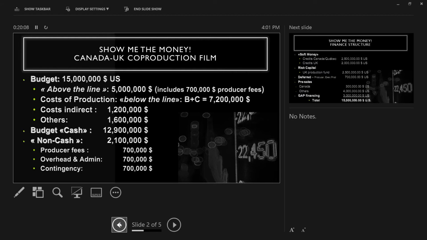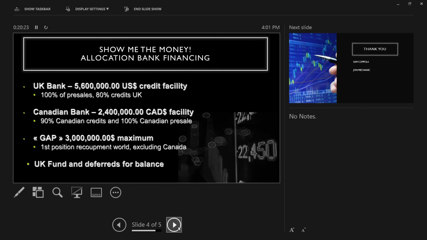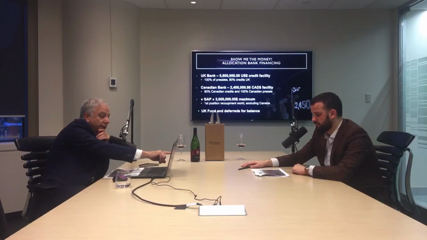If we go back a little bit to remember when we had the breakdown of the budget, if you look at it, producer fees of $700,000 was already deferred. They had $700,000 of overhead and admin in here. Well, that $700,000 is just enough to cover those $650,000, which are not financed by the bank. And you realize that only once you get the bank letters and your offer of financing, that you don't have that money right away. So the producer technically may have to come in and defer $650,000 additional